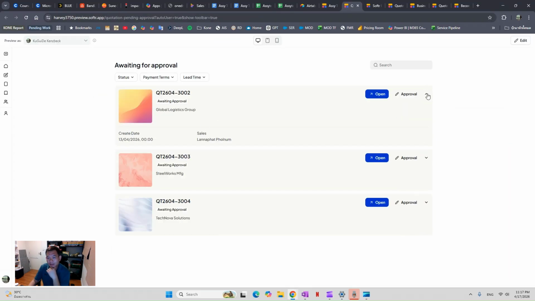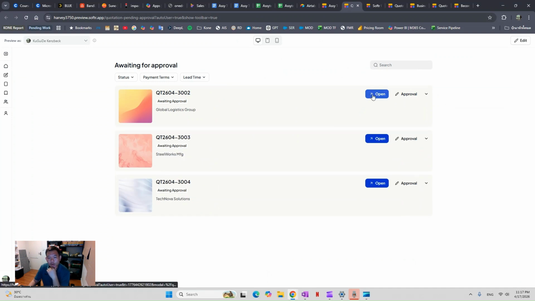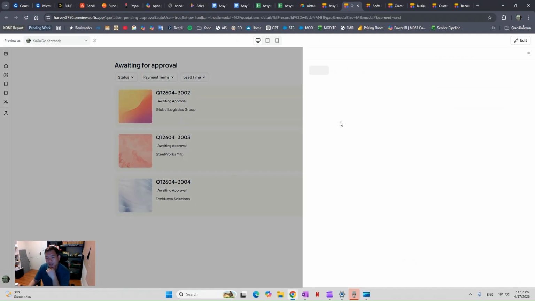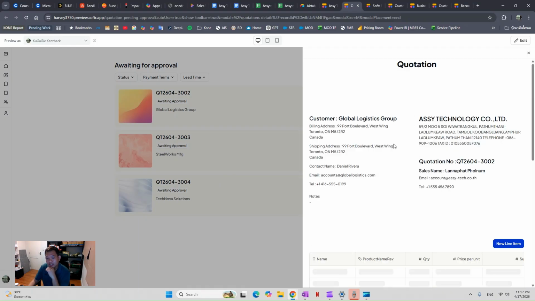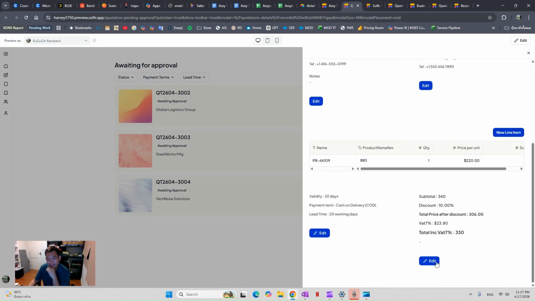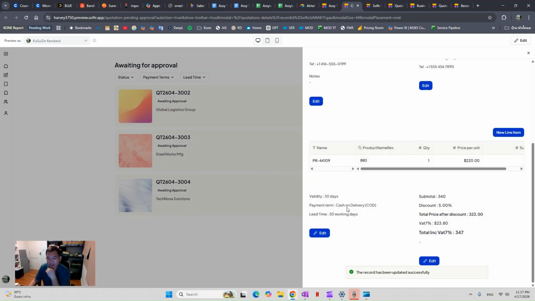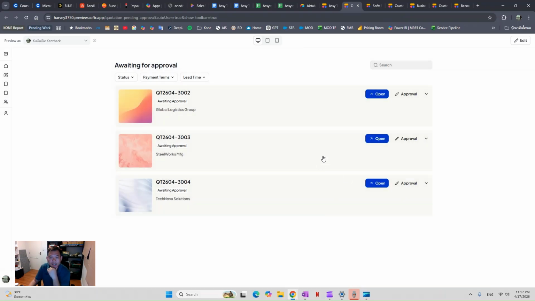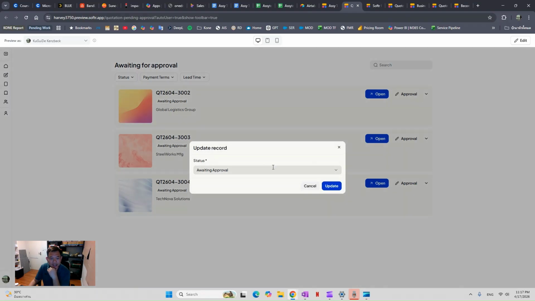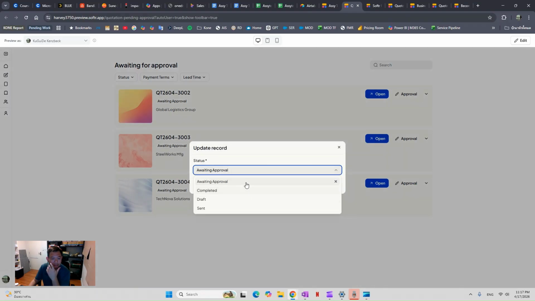Similarly there, but we can have two options. Either open the full page in the site with the full details here, where we can still edit. If you're happy with the discount, you can still edit the discount. Let's try. Say, I give you 5% approval. I'm gonna give 10% there, and then I can select here to change from.